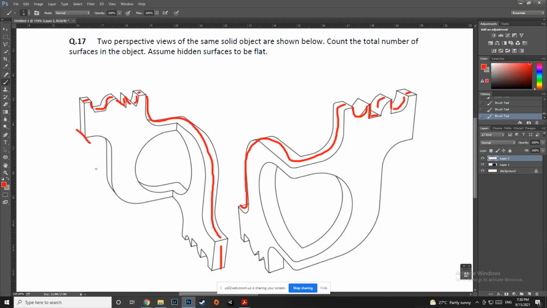And I know that this is an edge, so this will be a different surface, this will be a different surface. I forgot the count. We were at 10 till here. 10, 11, 12, 13, 14, 15, 16, 17, 18, 19. And then we are back again here. So 19 till now. We have 19 till now.